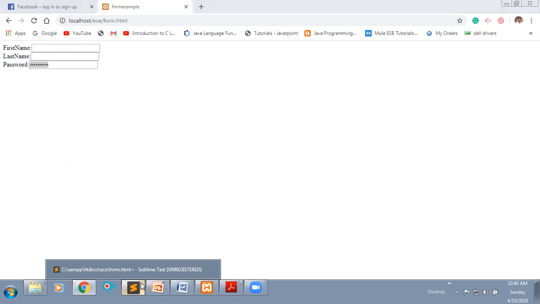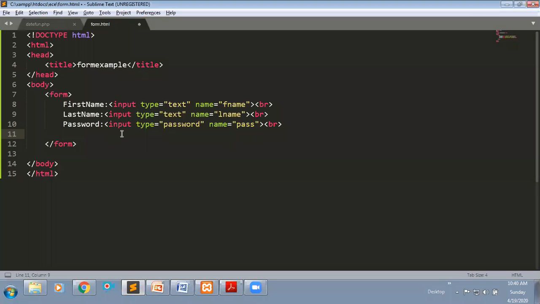To get that button, we have the input tag, input type equals submit. You need to take submit here.